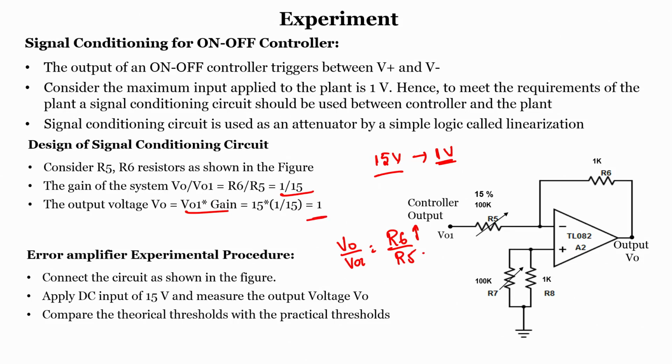So, the combination of the on off controller and the signal conditioning circuit, where the output of the signal conditioning circuit is the input of the plant, that whole combination is our controller in this case. I hope you understand why we have used a signal conditioning circuit at the output of the on off controller, right. We have to design it in order to match the input parameters of the plant with respect to the controller output. So we need one more block, and that block is a signal conditioning block in this case.